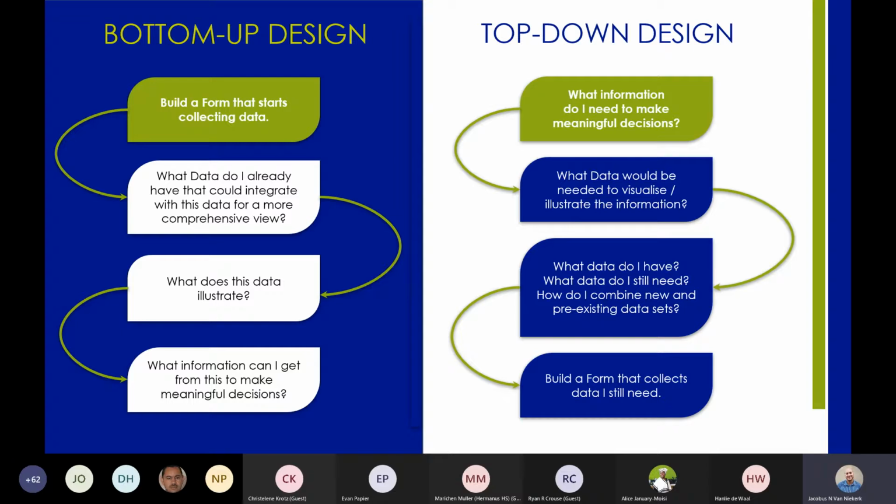And in the practical world, what ends up happening is you have something that's similar to this. You know what you want, the information that you need, and then you go and build a form. But we often skip, especially this step: what is the information that I already have, so that I don't needlessly duplicate what I'm doing?